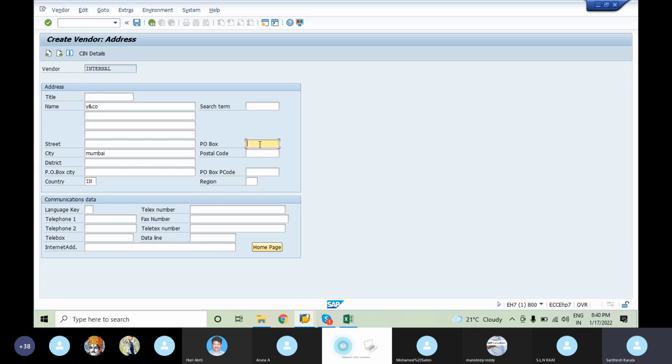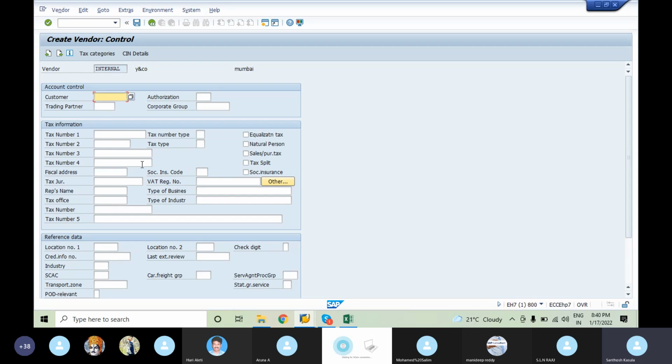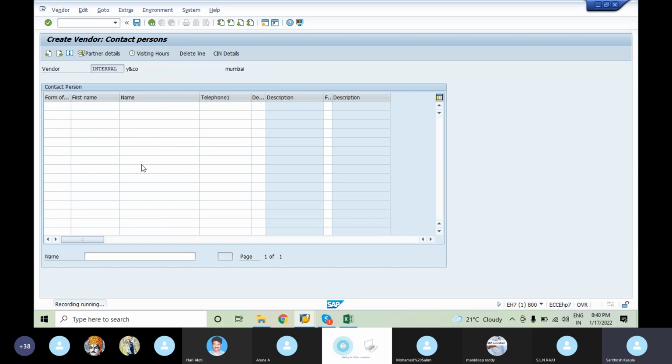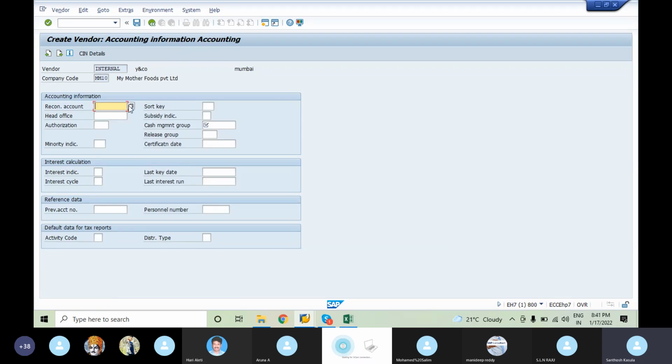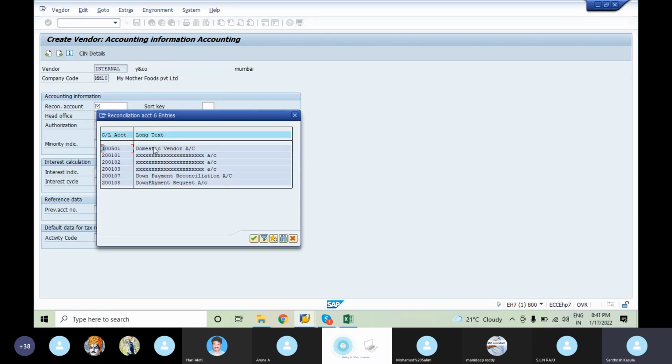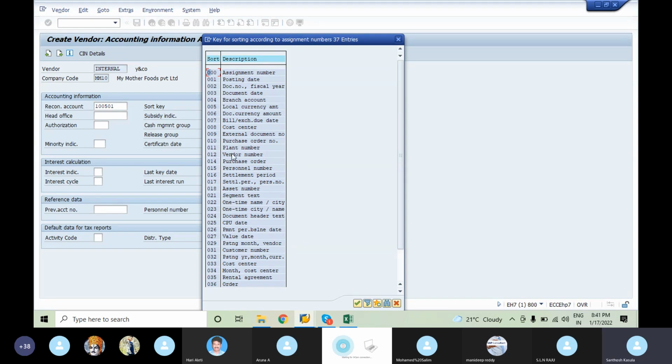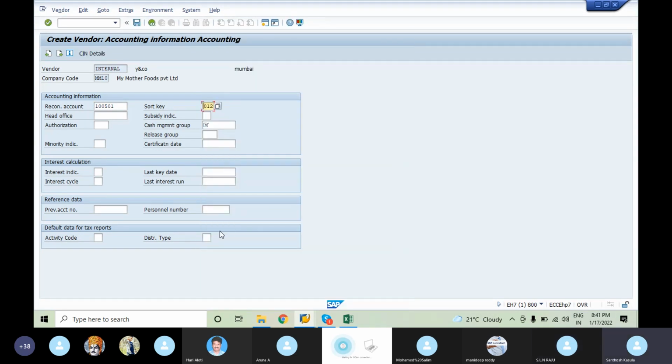The postal code is, suppose, 50098. I just click enter. This data I don't want to record. Here I want to enter the recon account, domestic vendor, and record, for example, the sort key, which is vendor. Enter. It is mandatory here.